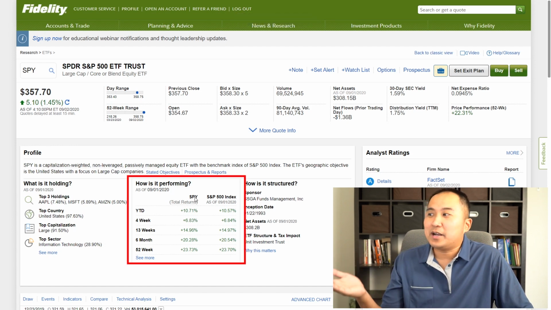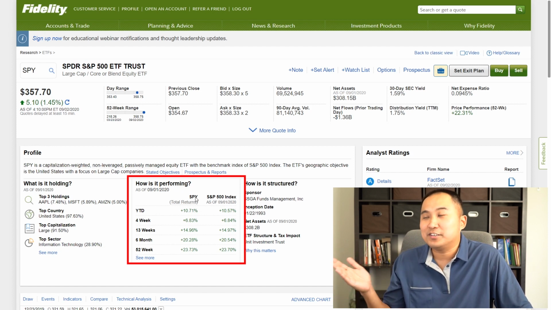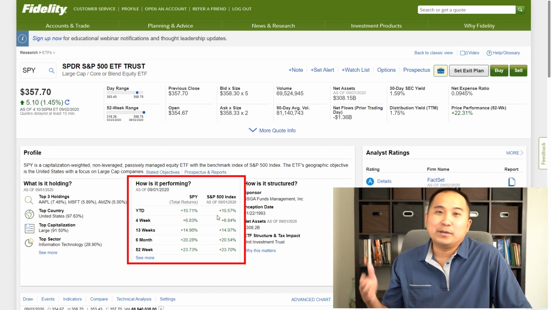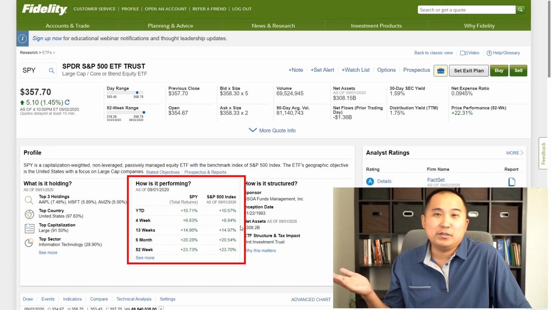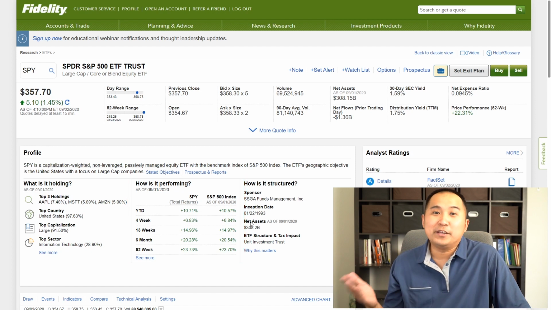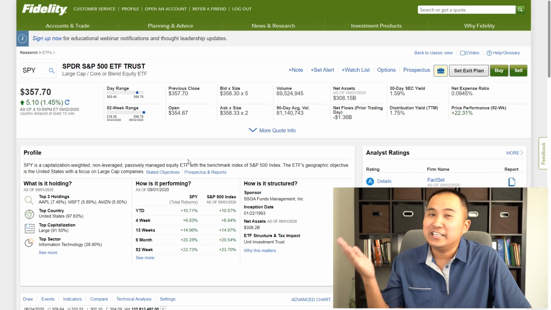And so you can see SPY is very close to the S&P 500. This is just their version of the S&P 500. And you can see the performance is almost identical. And so by buying this ETF, it's like you're buying the S&P 500 index, which is a very popular index to buy. Now, if you scroll down a little bit farther and you're curious what is actually in this fund,